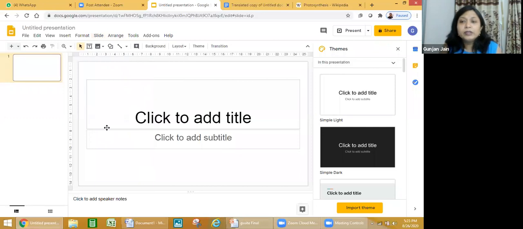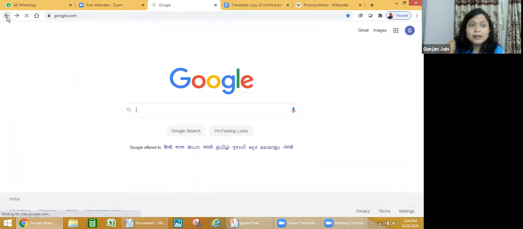I will not go into the detail of it, but yes, you can create your own presentations over here, the full-fledged presentation which has transitions and animations, and then you can share it directly. There's no need to carry your pen drive from one place to another. You can open your Google Docs and share it directly from here. Now, the next thing that I'm proceeding to is the drive.